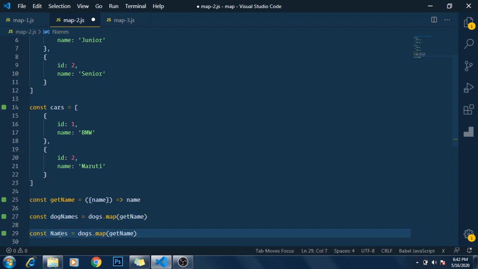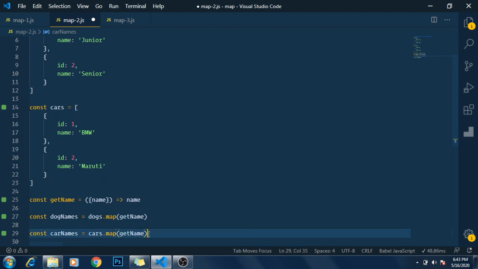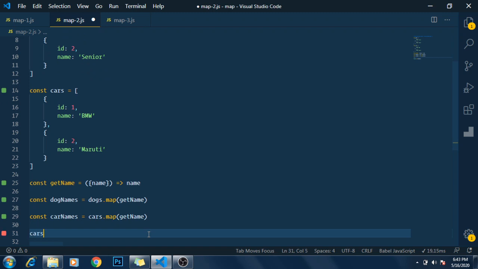Now I want an array of car names. I'll assign the carNames variable and apply the same map function to the cars. And if I console log carNames, I get the car names as an array. This is how you can use the .map function with an array of JavaScript objects.